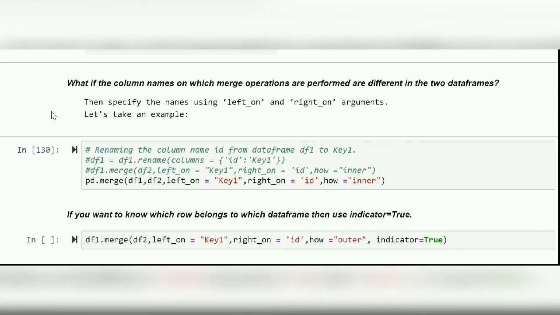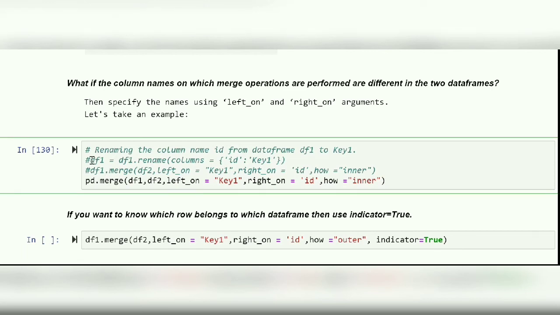What if the column names on which you want to perform a merge are different in both the data frames? For example, I have ID and key1, let's say. So let's take an example. For the sake of demonstration, I am renaming the ID column to key1.